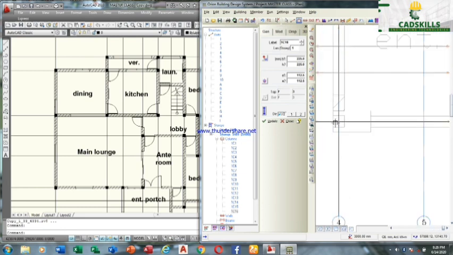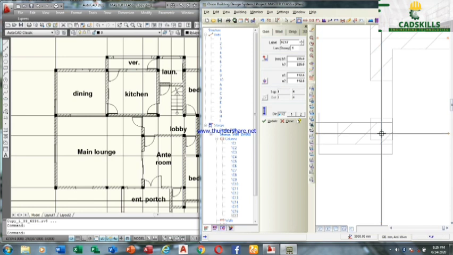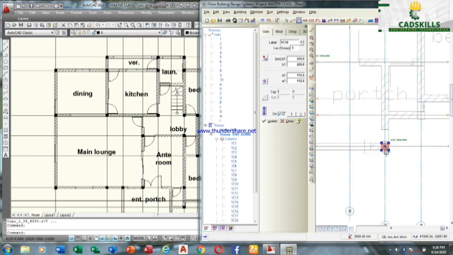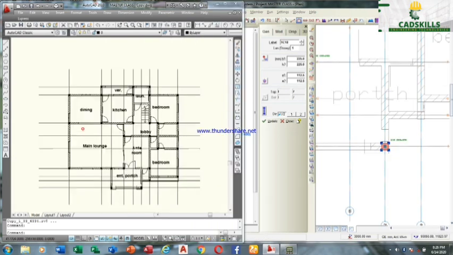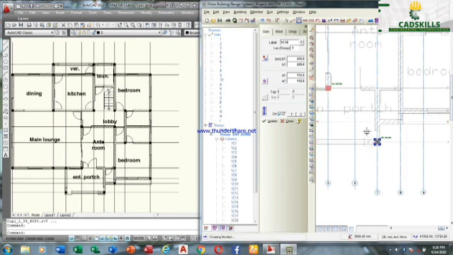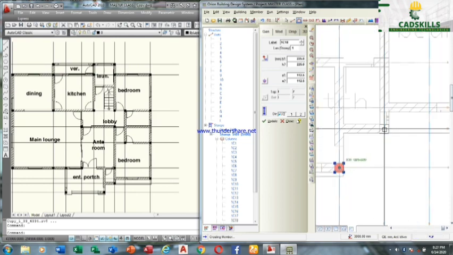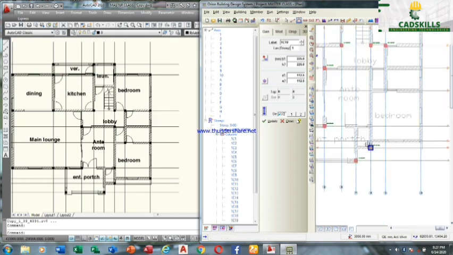Okay, for those of us who have not been conversant with manual design, do well to know manual design, because if you don't know it, you will not be able to know what you are doing. This is software. It's only what you put in, what you get is garbage in and garbage out. Okay, so